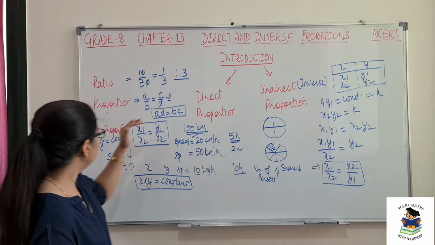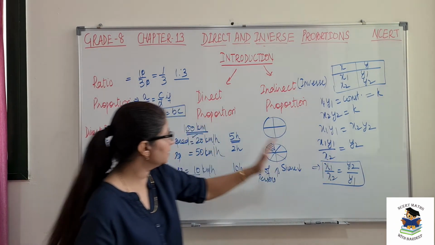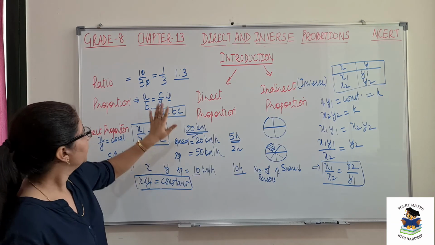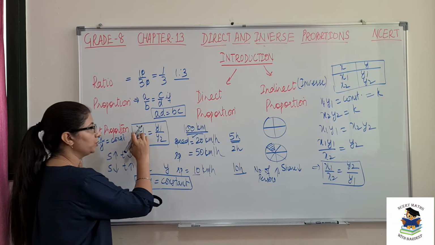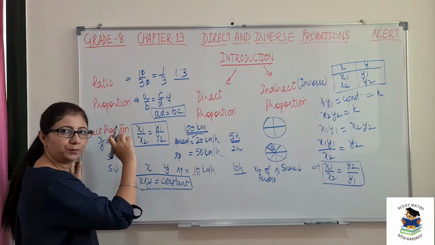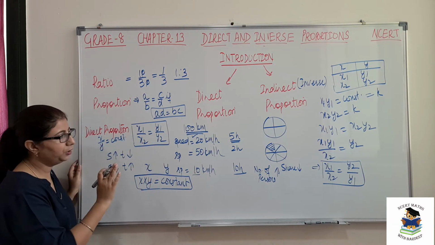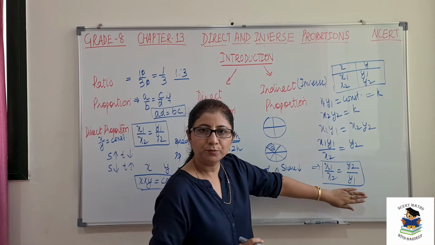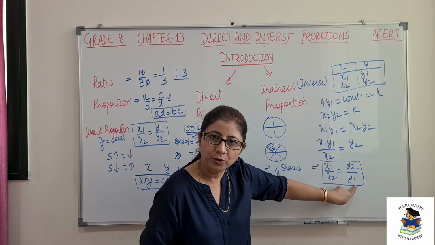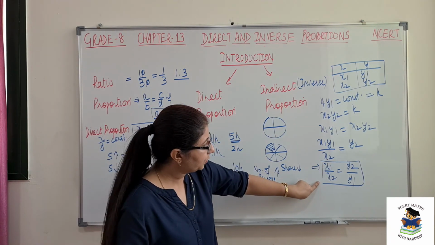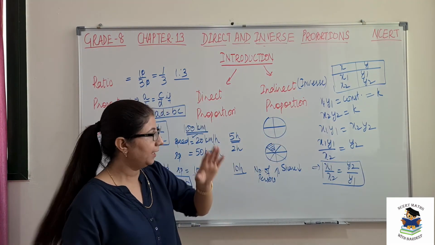Now you can see what is the difference here. x1 over x2 is same in both the cases, but difference is with this y. For direct proportion, corresponding values are taken, that is for x1 in numerator, y1 should also be in numerator. x2 in denominator, its corresponding value should also be in denominator. But in case of indirect proportion, this is the opposite. For x1 in numerator, its corresponding value will go in denominator. For x2 in denominator, y2 will be in numerator, means in the opposite direction.